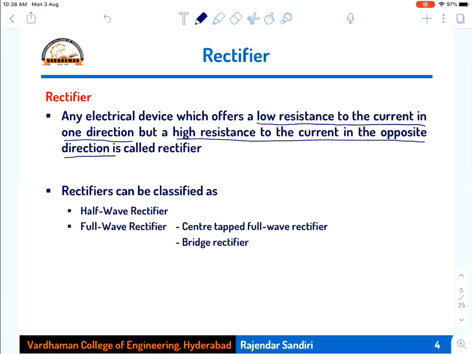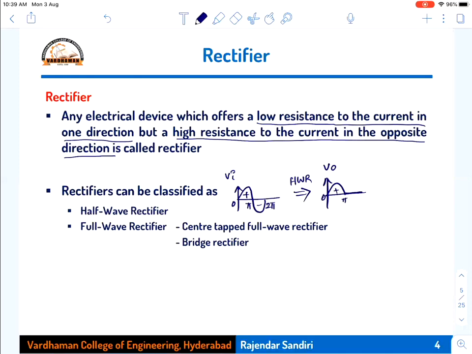For a half wave rectifier, suppose the input is Vi, a full sine waveform. If you pass this input through a half wave rectifier, it will be converted into a half sine waveform. Suppose you take one cycle, 0 to pi, pi to 2 pi, the full cycle, positive and negative. In the output, 0 to pi will be as it is, positive, because the diode is forward biased. The negative cycle, from pi to 2 pi, will become 0. So this is a half wave rectified output. Only a half cycle will be there compared with the input.